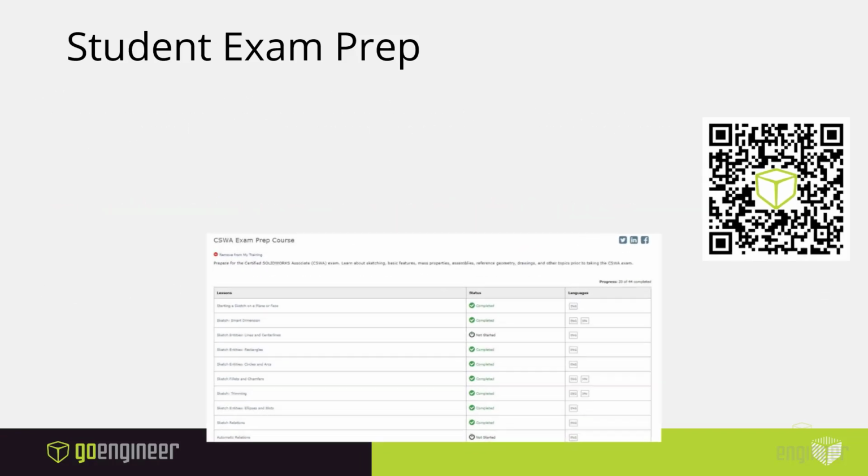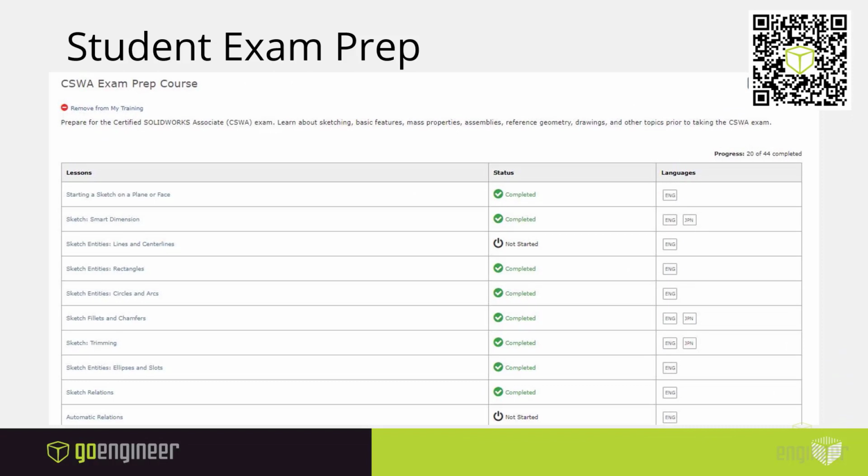For this one I mentioned, again, there's 44 different lessons here. I left the QR code up there for any of you that haven't gotten it right away. It's really great stuff, and it gives you some details as to exactly what the status is. So you can start, not complete these, hop out of them in the middle and then come back and finish them. Some of them are timed tests like the actual CSWA, CSWP, and CSWE tests, but a lot of these prep courses are something you can take at your own pace.